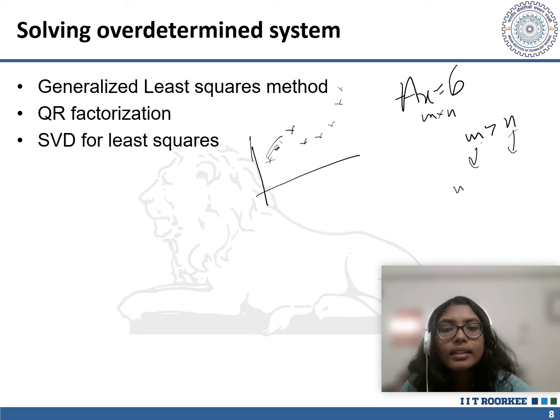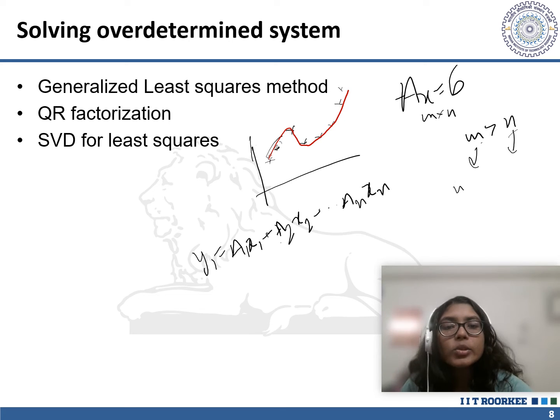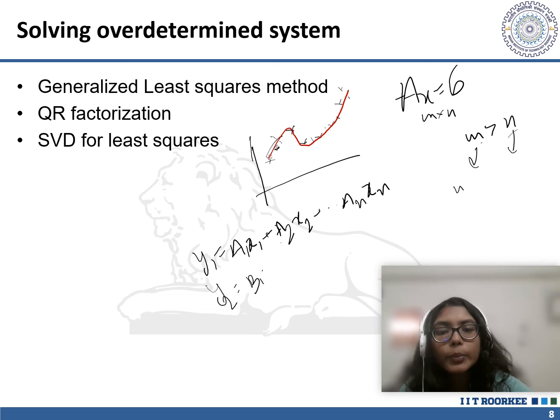When you try to fit this, we generally use multiple regression for these models, and you will be getting something like y1 = a1 x1 + a2 x2 + so on + an xn, where all these a's are parameters and x1, x2, so on xn are the features, and you will get y1, y2, these are the results. Then you'll also get y2 = b1 x1